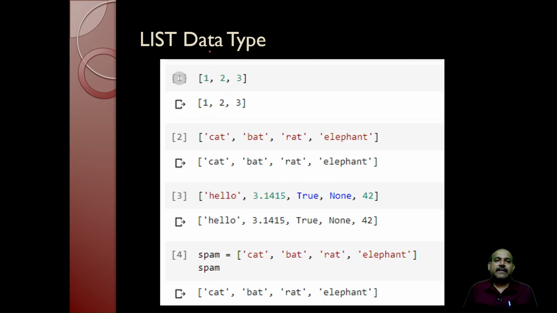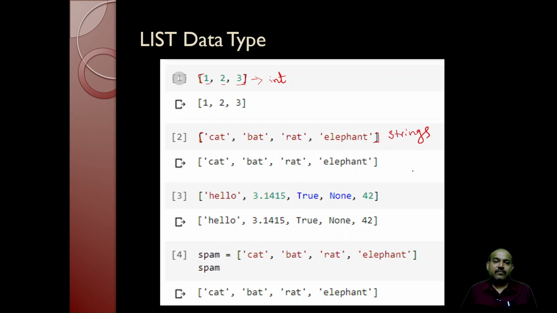Let us take some examples of list. Here you have 1, 2, 3. These are the elements of the list. Whenever you specify a square bracket like this, it understands that it is a list. Similarly, this is another list which consists of cat, bat, rat and elephant. If you observe, in the first list all the elements are integers, whereas here all the elements are